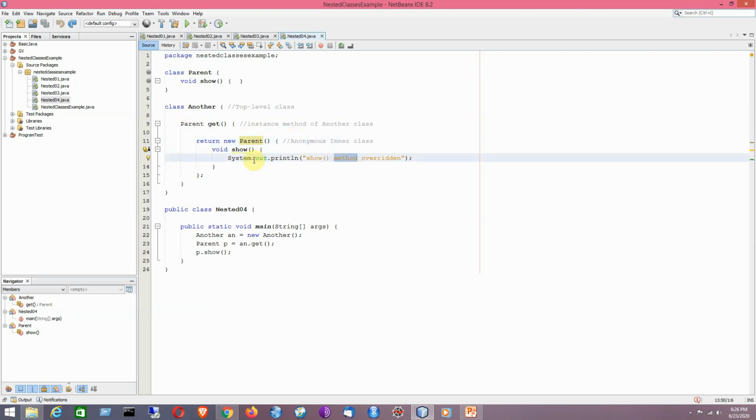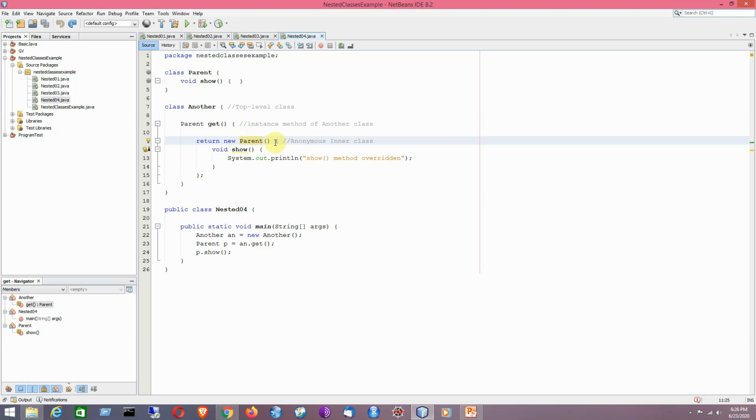Parent is a class which has a show method, which is an empty method, meaning we have not written anything inside its body. Now I have created another class named Another, which has an instance method named get, which returns an object of the class Parent. That is done by this statement: new Parent, the idea of creating an object by calling the constructor implicitly.